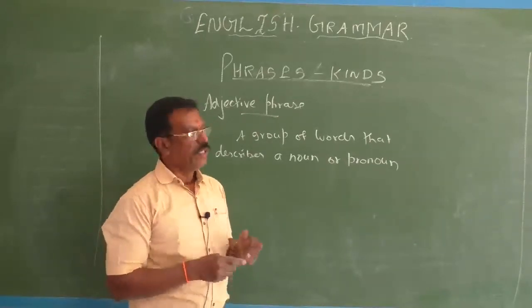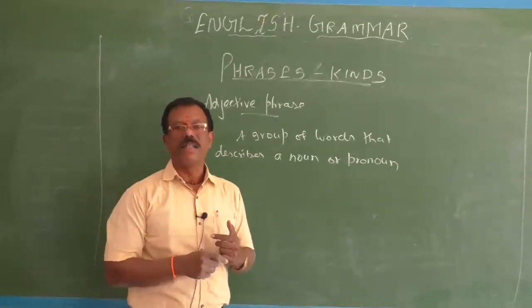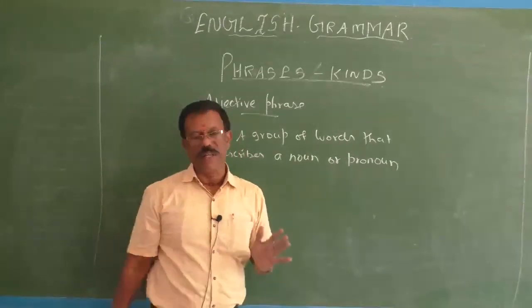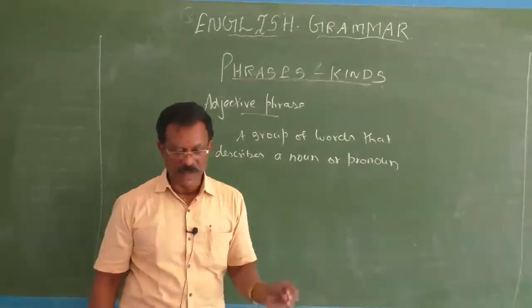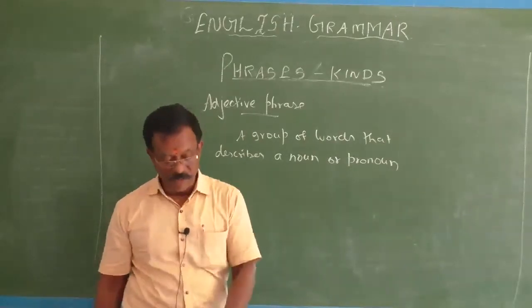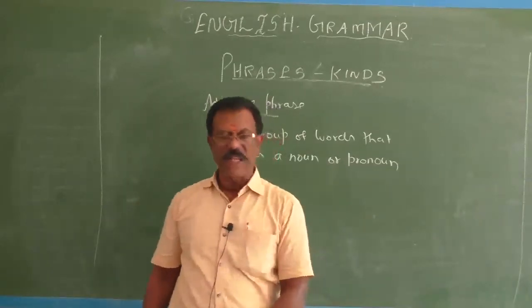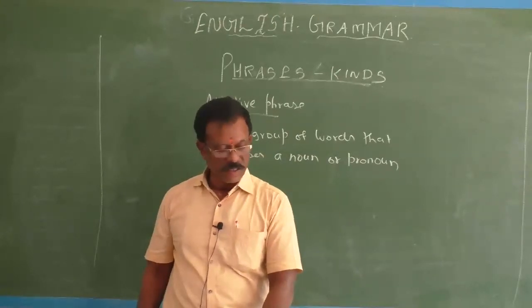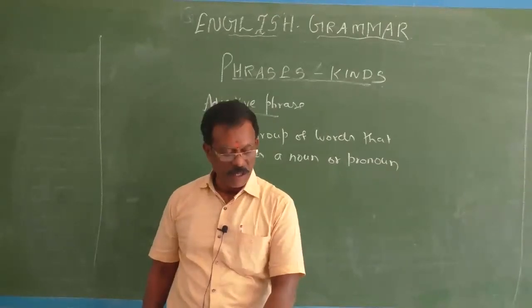The adjective in an adjective phrase can appear at the beginning, at the end, or in the middle of a phrase. So in an adjective phrase, an adjective can come at the beginning of a sentence, or at the end, or in the middle. For each one I will give you one example, don't worry. So an adjective phrase is a phrase or a group of words without a subject-verb combination that modifies a noun or a pronoun.